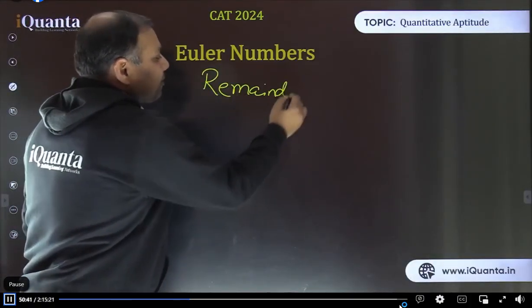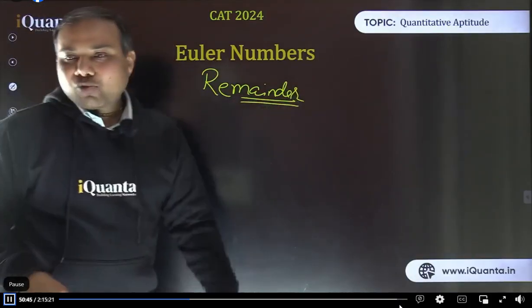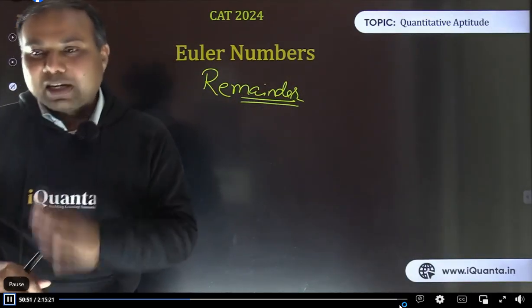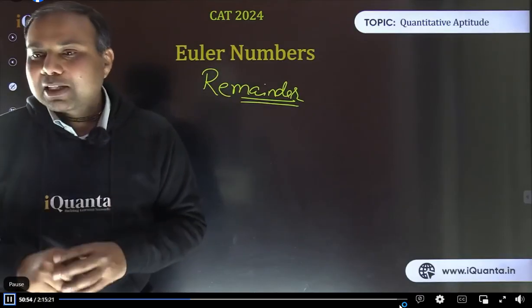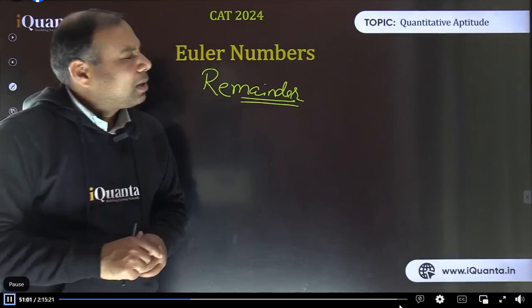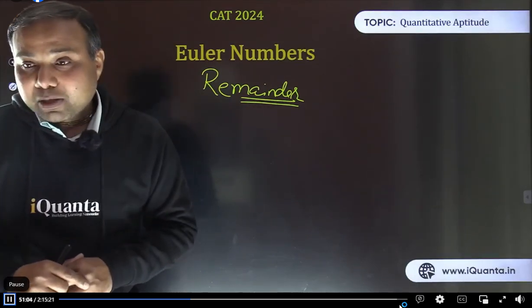We have learned about various types of divisibility rules. Now our major concern is to find the remainder. Whatever we have discussed so far, we have seen divisibility with some particular divisors only. But divisors can be many more. You have also learned, I guess, about divisibility with composite numbers.